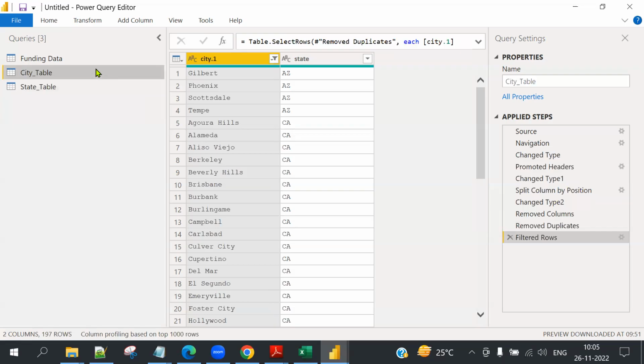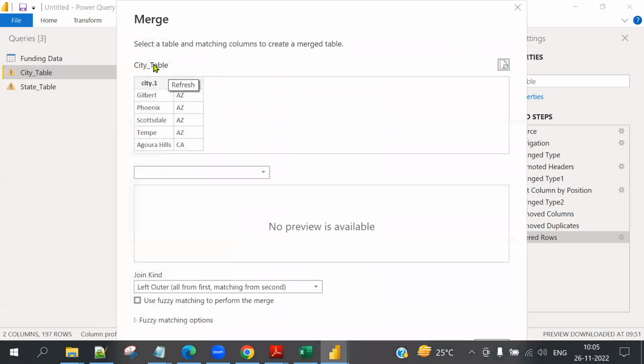between append and merge. Merge will help you to take columns from one table to another table. So if you want the state table index column here, compulsory, it should be merged. What is the commonality available to merge? State. Shall we do that? Go to the city table, merge query, city table, merge query with